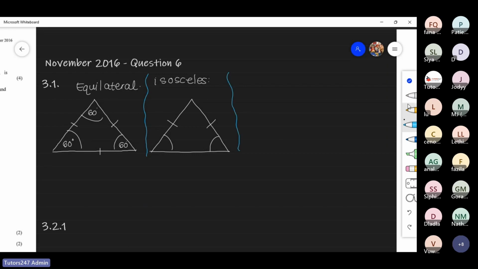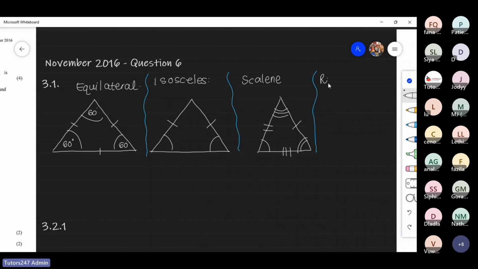Our third type is a scalene triangle. With a scalene triangle, all 3 sides are different. So this side is not the same as this side, which is not the same as this side. So a scalene triangle has 3 different sides, 3 different angles. Keep that in mind. And finally, we've got a